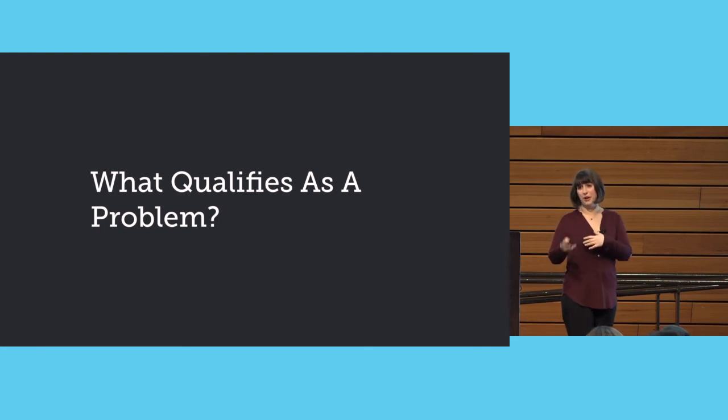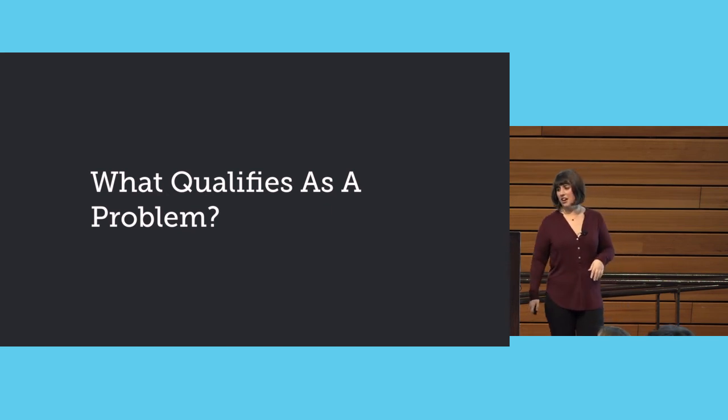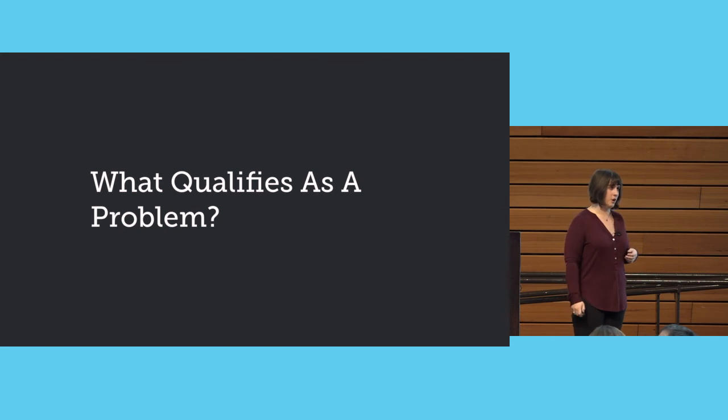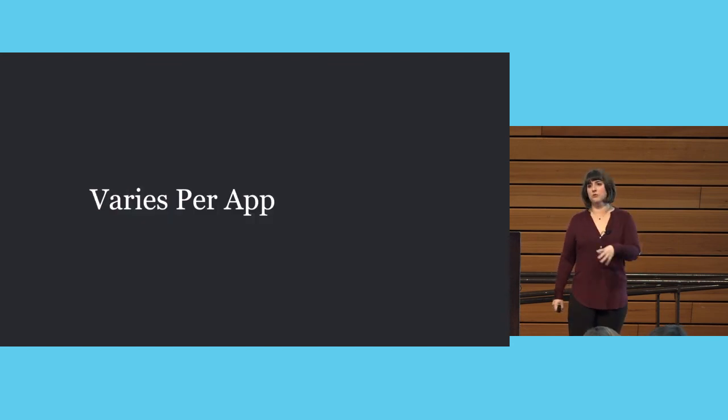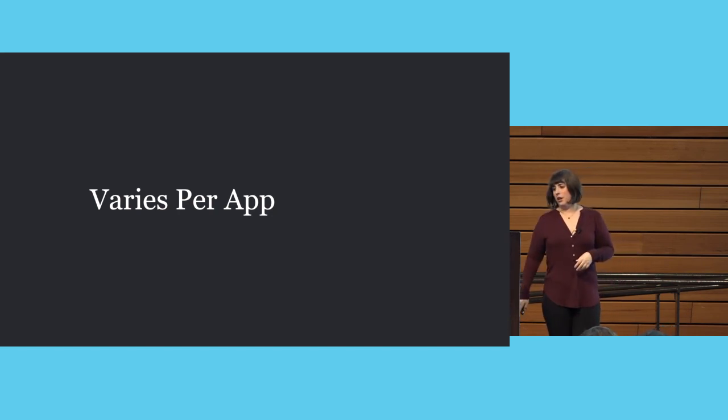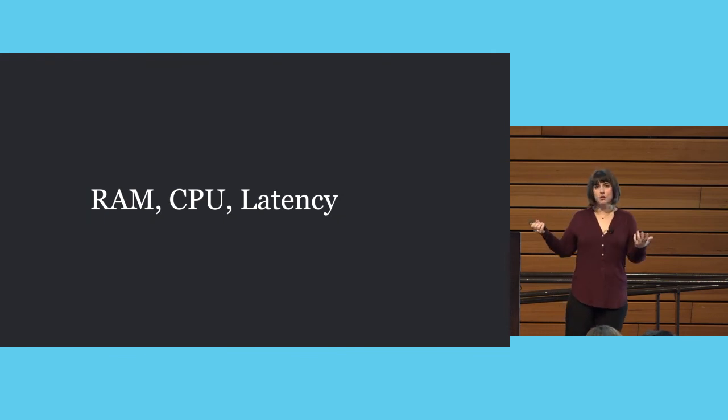You don't want to get alerts for everything, because then you have the boy who cried wolf situation, and no one looks at the alerts, and then something's actually wrong and nothing happens. So you need to know what qualifies as a problem. And again, this will also vary per kind of application you're running. A standard API server will have a kind of normal issue. Something like a RabbitMQ cluster, again, will have a standard kind of issue, and databases as well. So you track some of your standard things like we talked about before: RAM, CPU, latency, database writes, all that sort of standard stuff that's going on.